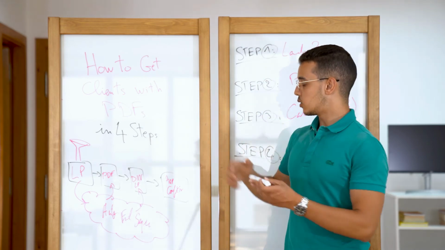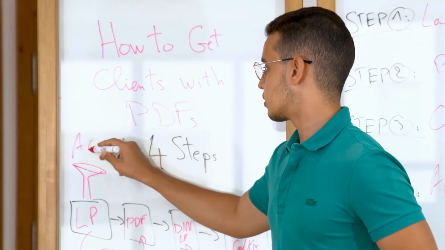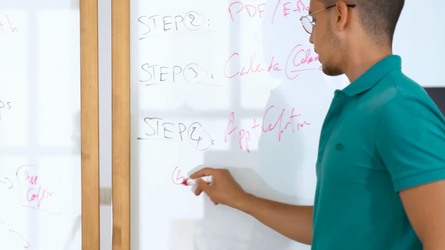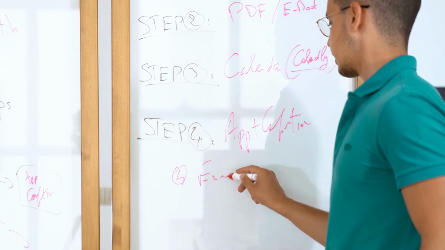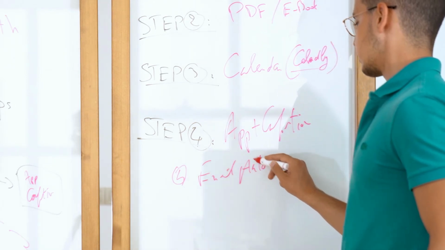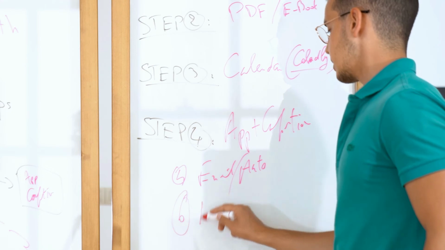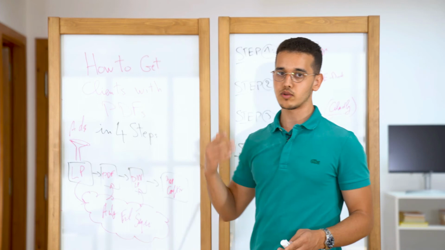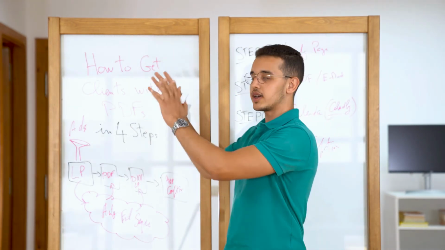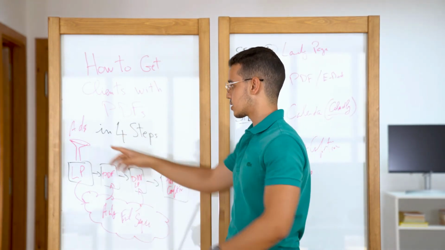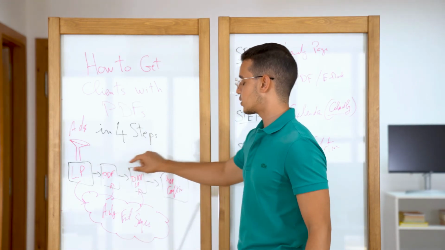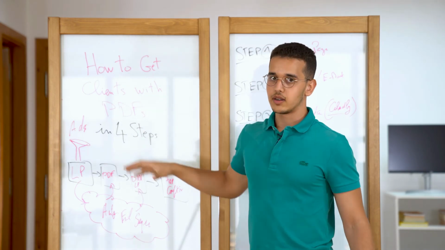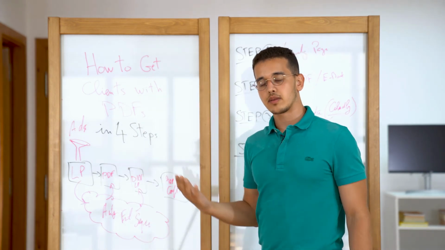Okay, now then we have ads. That's the sixth step. So step 5 is the email, the automated email. All right. Step 6 is advertising. And advertising is the only profitable, scalable, sustainable way to get people into the funnel, into the system, because it looks like a funnel, right? The more steps that you have, the less people are going to go through them. It's the only way you're going to be able to get people into this and do it profitably and in a scalable way,